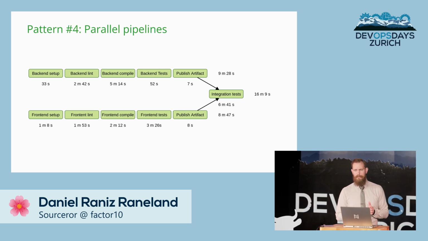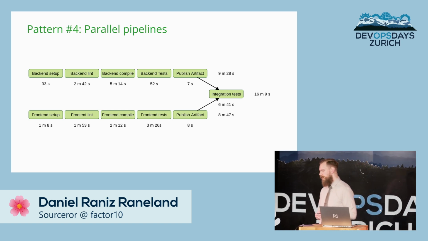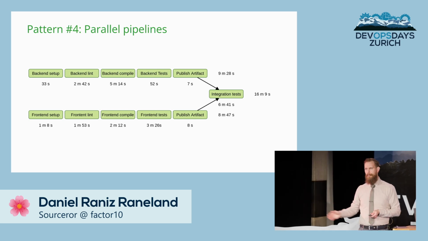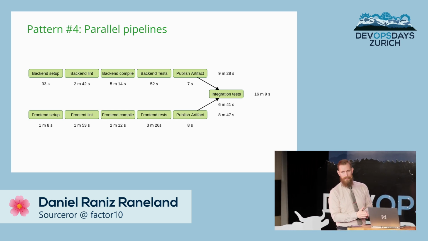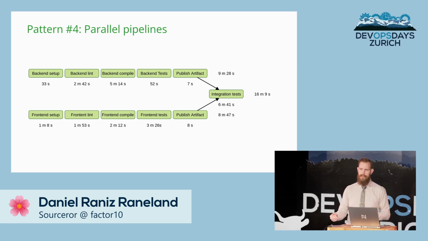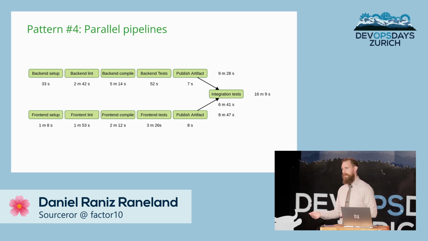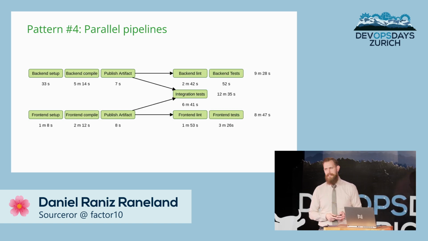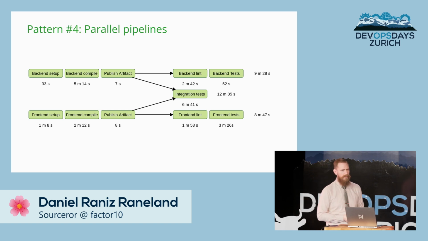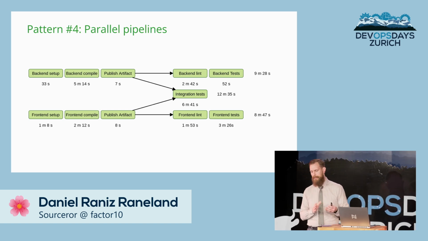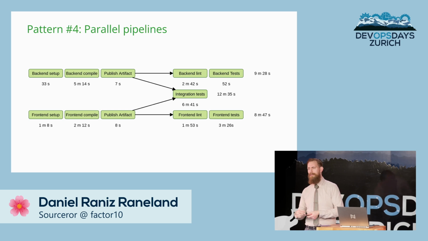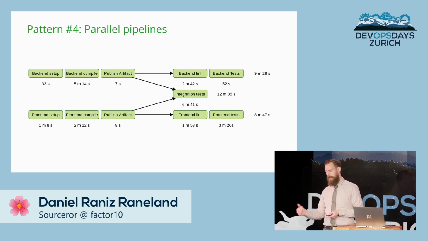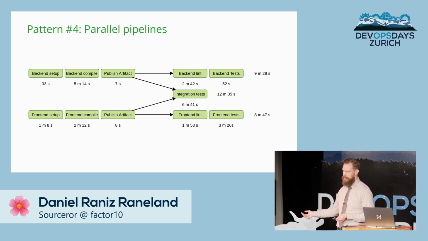But we can actually do this a bit better because there's really no need to run the tests before we publish the artifact. If we publish the artifacts as soon as possible, we can run the integration tests at the same time as we run the backend and frontend tests and lint. So we just restructure into 5 pipelines, which depend on each other. So now we do the minimum possible to get the artifact. That means setup, compile, publish. And then we use the published artifact for the backend linting and tests, and the integration tests, and the front-end linting and front-end tests.